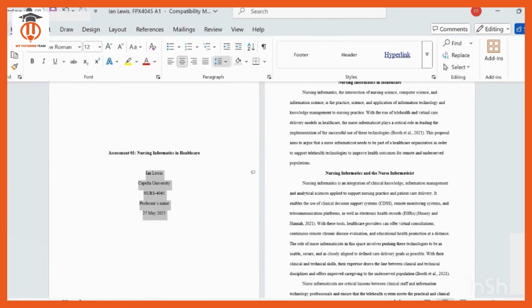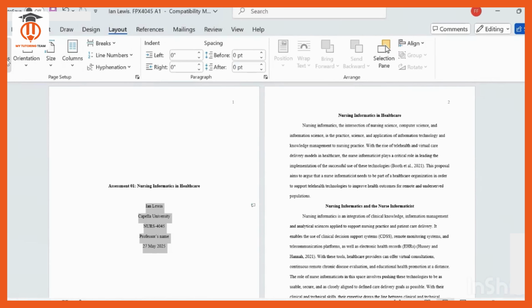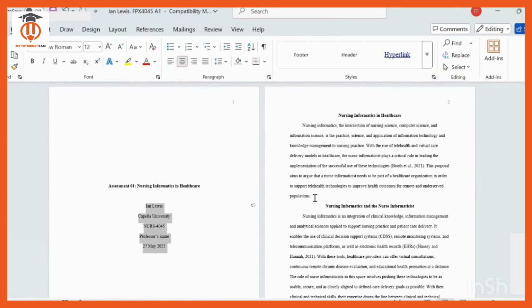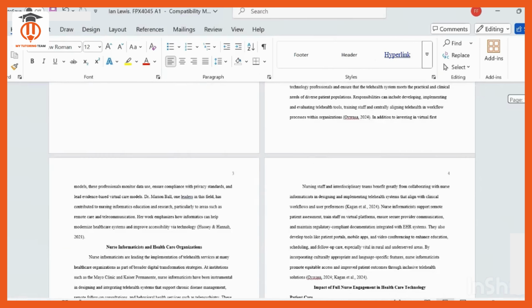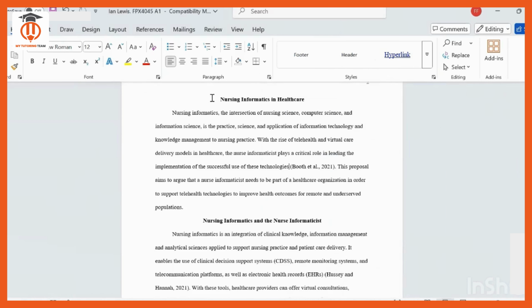Moving towards the next competency, which is to analyze the impact of full nurse engagement in healthcare technology. I divided this section into smaller subtopics to make my analysis clear and organized. Make sure that your main heading is centered and your subheadings are left aligned. So here, patient care, protected health information, workflow efficiency, cost and return on investment, these are subheadings, so they are